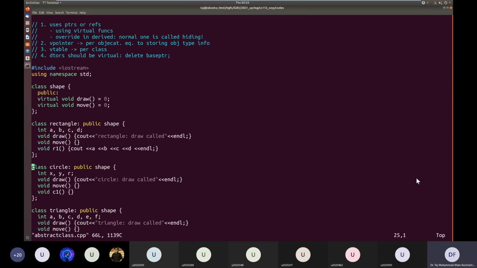Does anybody have any questions until now about this interface thing? Why do we need the abstract class?